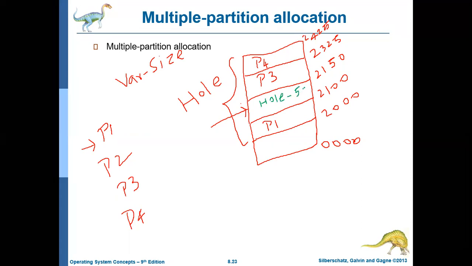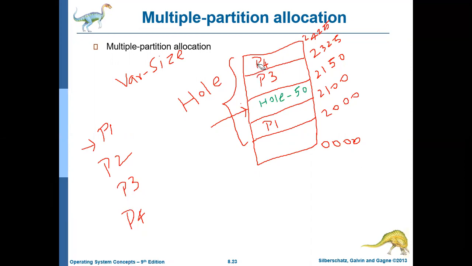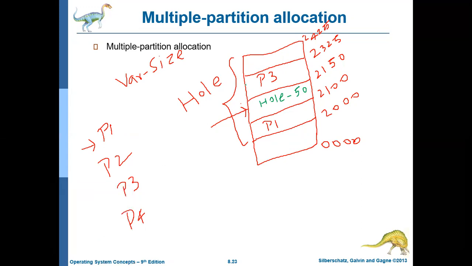Okay, right? Say after some time P4 also completed. P4 occupies how much size? 100 MB. Okay. So now there is another hole, and the size of this particular hole is 100 MB.